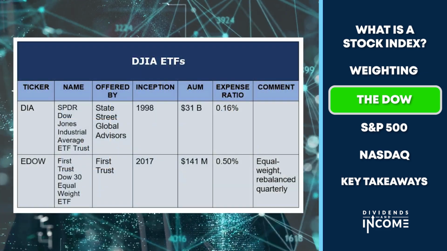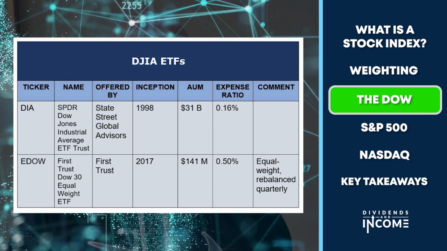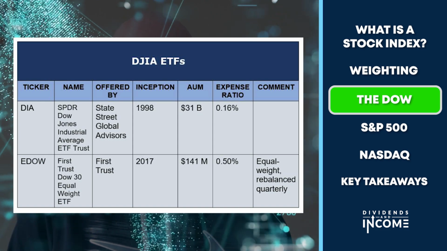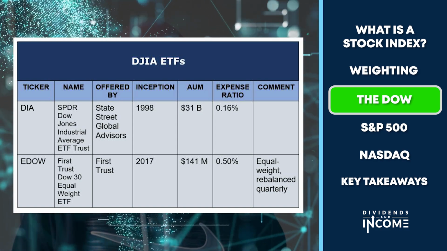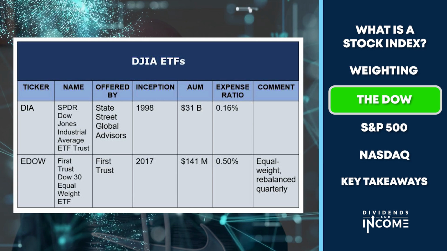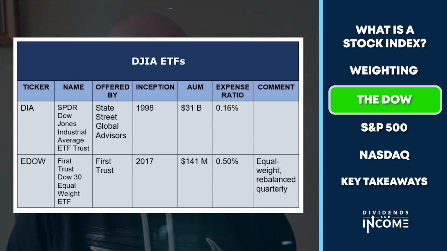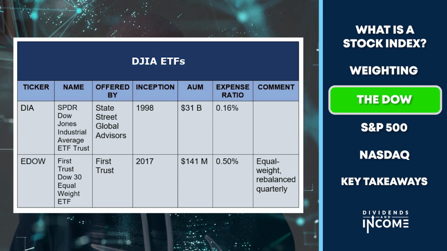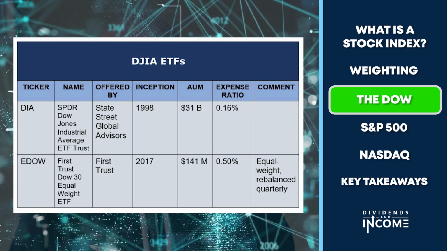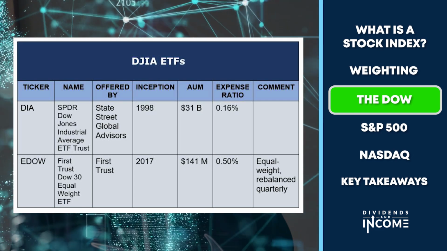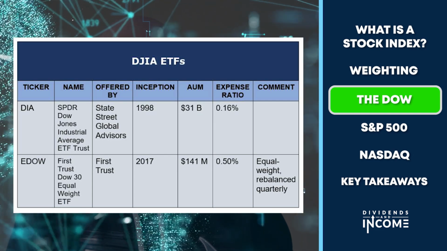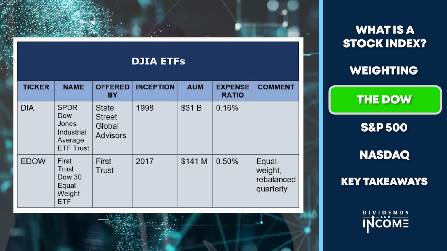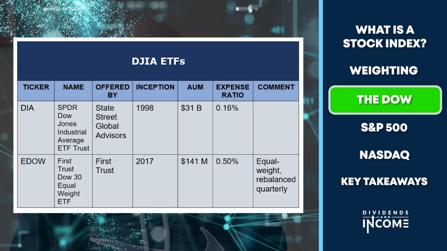This display shows the most prominent ETFs based on the Dow, and there are only a couple of them because of the Dow's price weighting, which is a weird, goofy way to weight the stocks in an index. Not many people are attracted to it as an investment. The largest and perhaps the only ETF that tracks the Dow itself as the index is constructed is DIA, sometimes called Diamonds or Diamond ETF. It was introduced by State Street Global Advisors in 1998, and in all that time it's only attracted $31 billion.